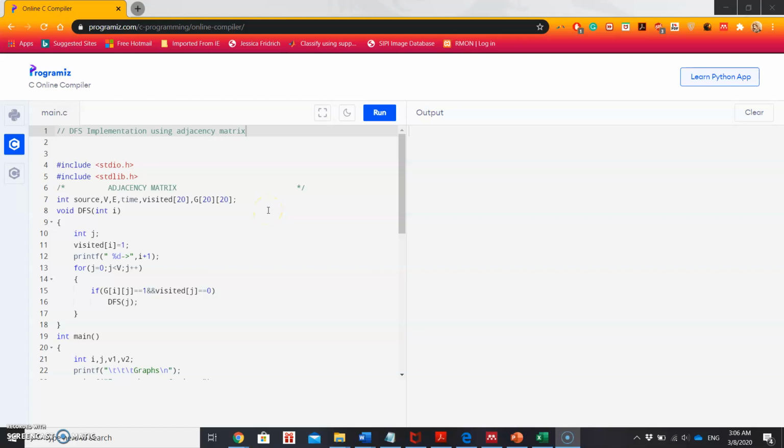Hello everyone, welcome back. This video is the continuation of my previous video where I explained depth first search or traversal for graph. I have explained how it works, and in this video I'm going to show the program to implement DFS using